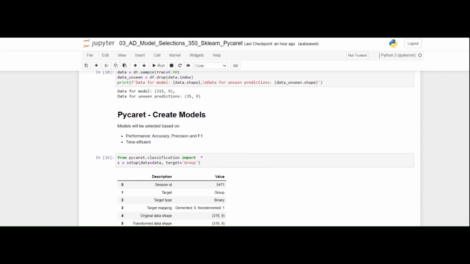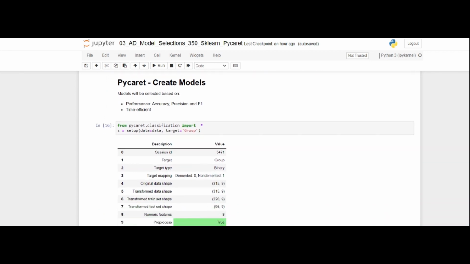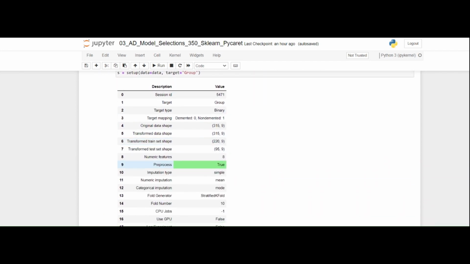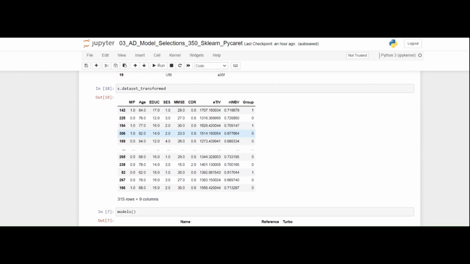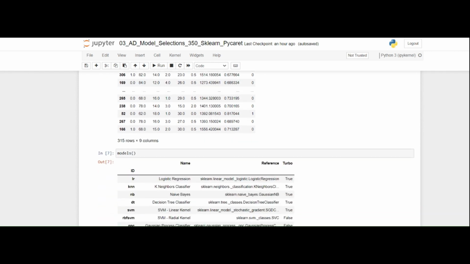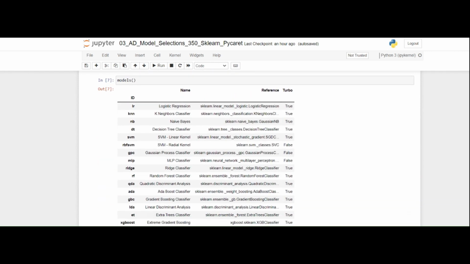After setting aside the unseen data, I will set up the data before building the model. Looks like there's nothing changed in my transformed data except for the group. So now we have 1 for the demented group and 0 for the non-demented group. So here on the model we can look at,